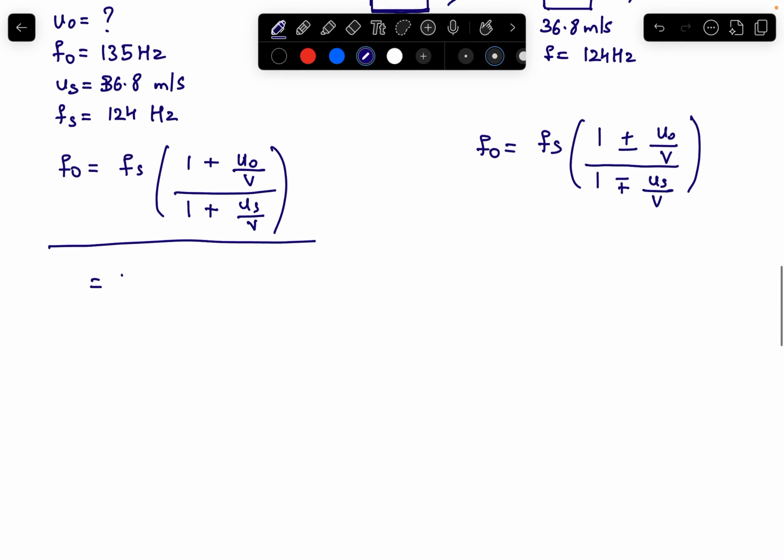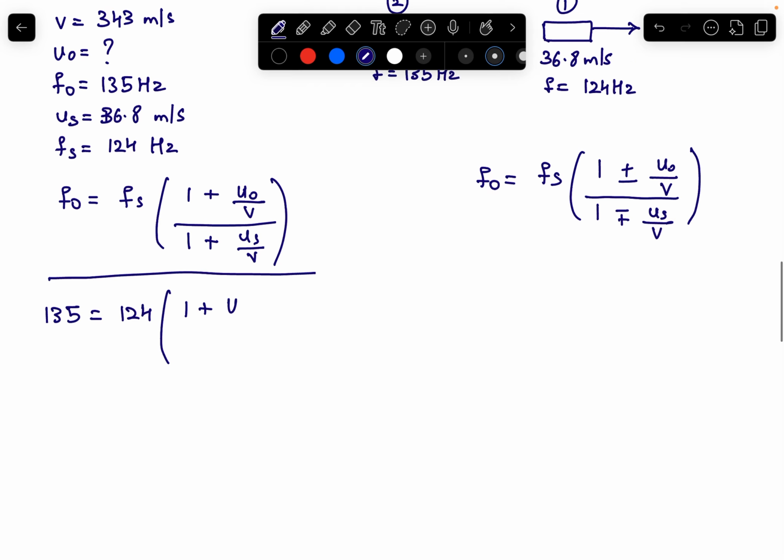So we have the source's frequency. We also have the observer's frequency, the frequency heard by the observer. We do not know the value of u naught. We know the value of v. We know the value of us, which is the source's speed. Right. So simplifying this equation,